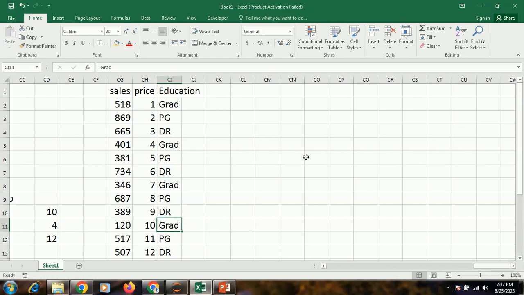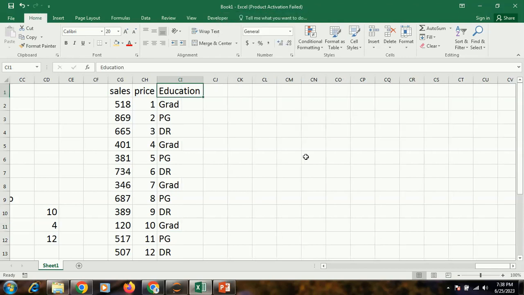Do you think on my client's education there might be an impact on my sales, their education level? For example, if I'm selling a bottle of Scotch whiskey, do you think a doctorate customer is going to buy more of that, or on an average a graduate person is going to buy more of that? Or in other words, whom do you think will be earning more money, on an average, a doctorate or a graduate?